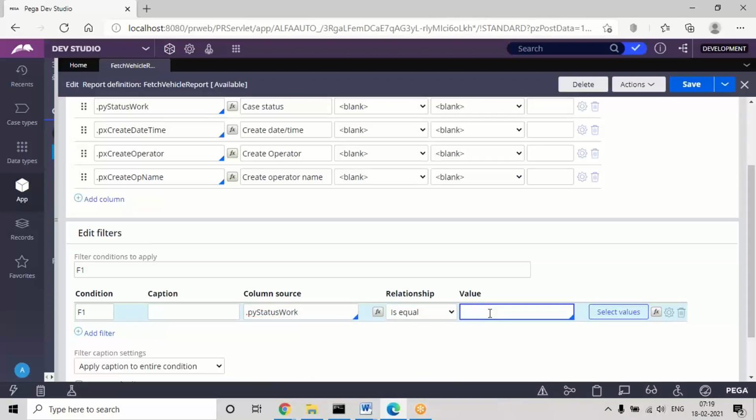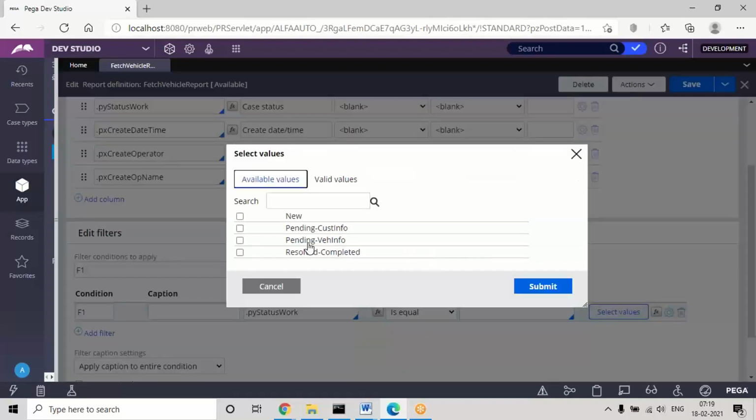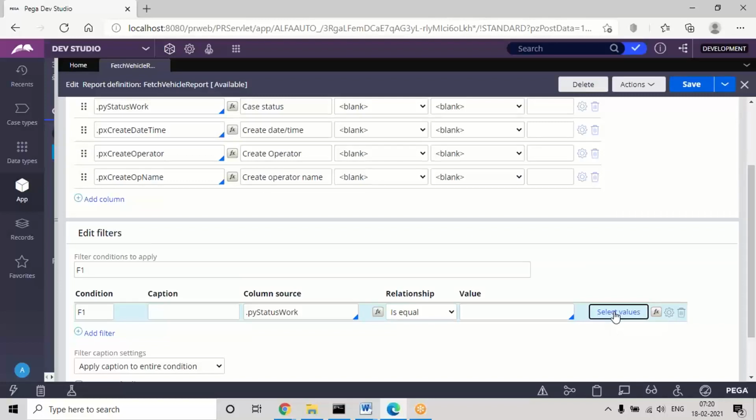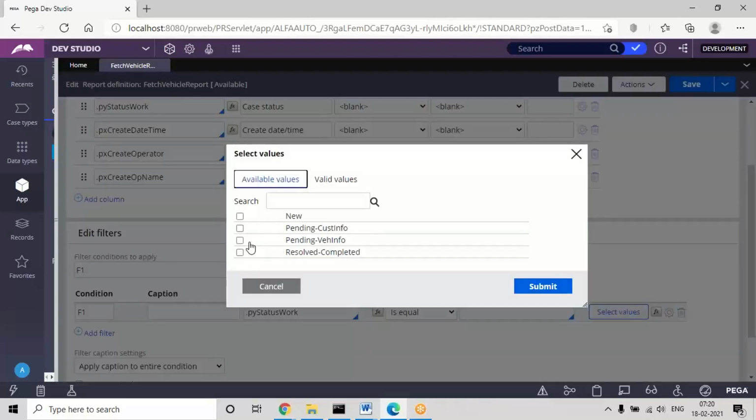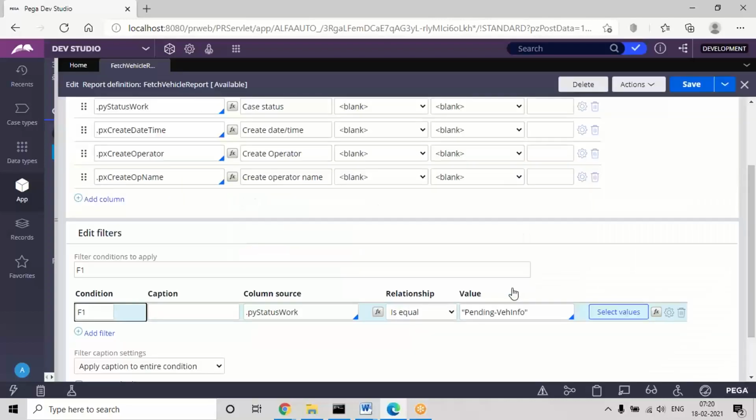In the value option, you can, without typing manually in the box, use the select values button. Here also you can choose pending. What are the values associated with this pyStatusWork property? If you click on the select values button, you can select the checkbox directly. So for pending vehicle info I want to fetch.